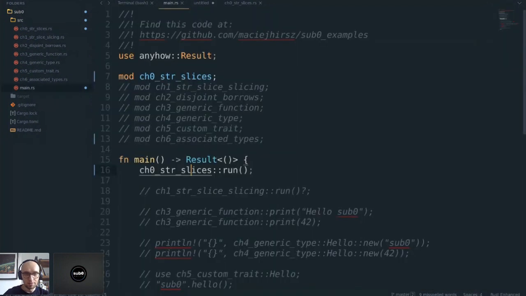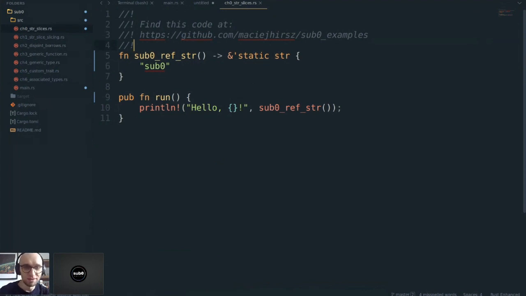And this is the first tip of the talk, the static lifetime. So anytime you use double quotes to create some string inline, the memory where this Sub0 is going to reside when you're running this code is loaded from the binary, right? And the static lifetime is like a special lifetime in Rust, which is the lifetime of the entire program. So this thing is basically forever, quote unquote. So this works.